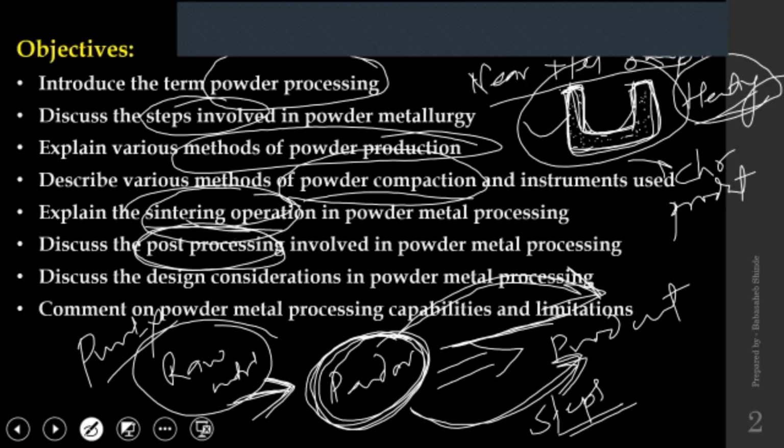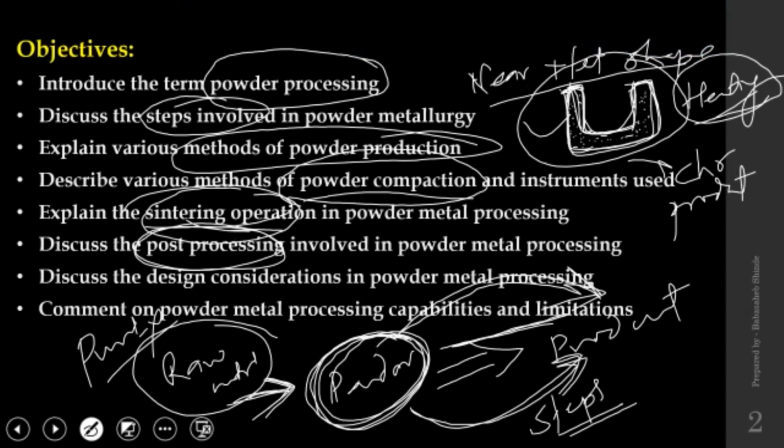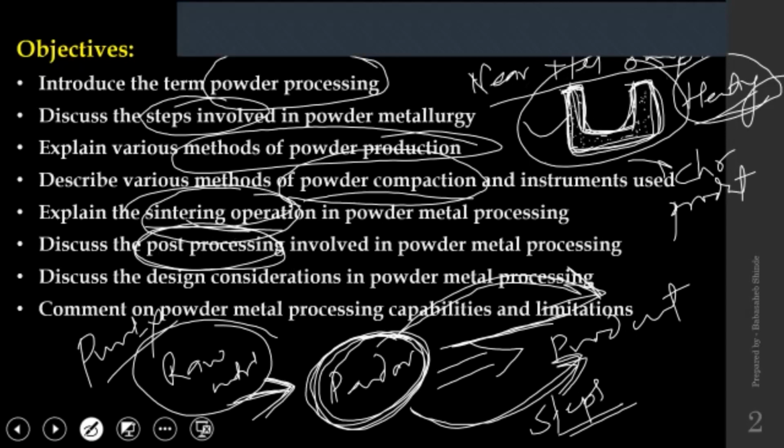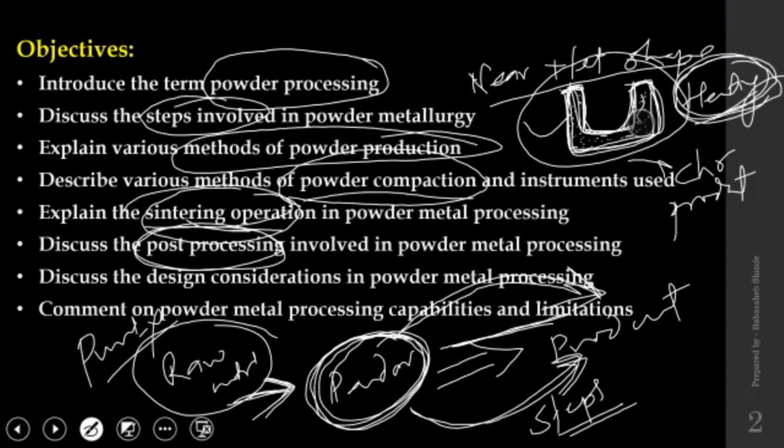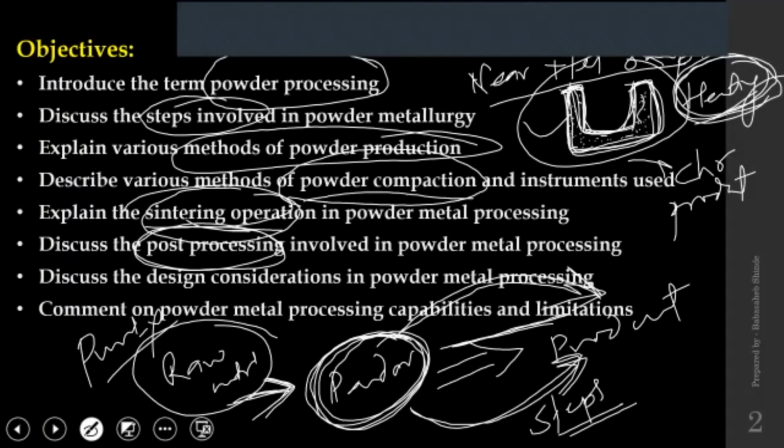So why do we need to go for post processing? The reason is when you compact it in a wet shape or in wet condition, that is when initially you mix binding materials and powder together, and when you heat it to an elevated temperature during sintering, there is going to be some contraction in the shape because it has got some binding materials that form bonding when you heat it at elevated temperature, and during that bonding there might be contraction in the shape, and to avoid that one there would be